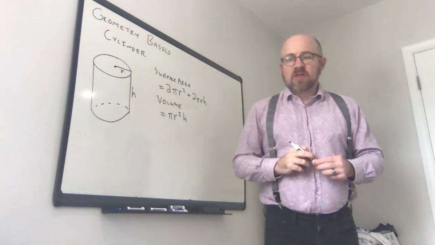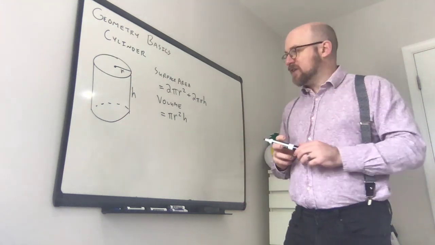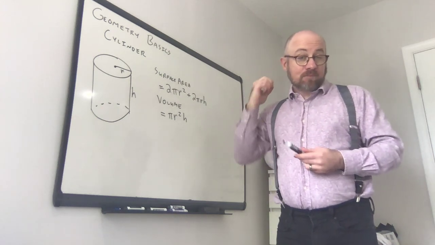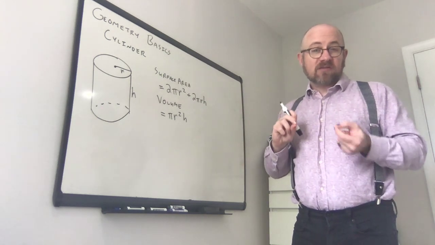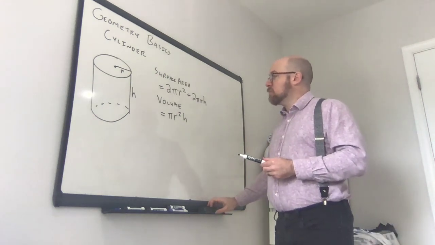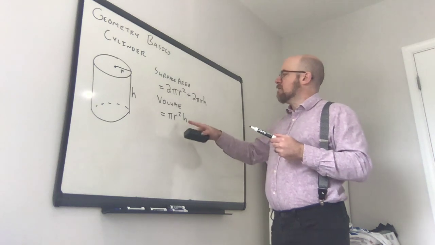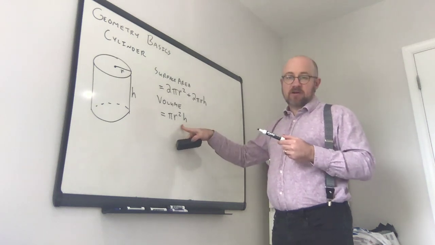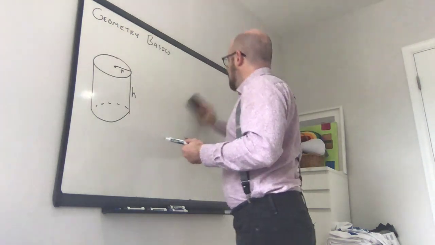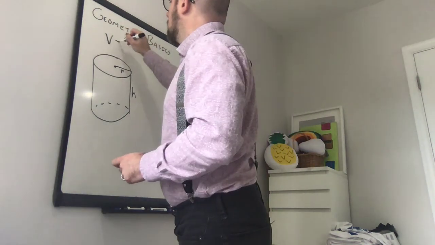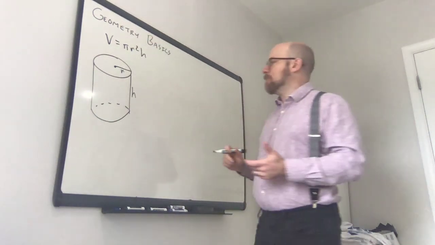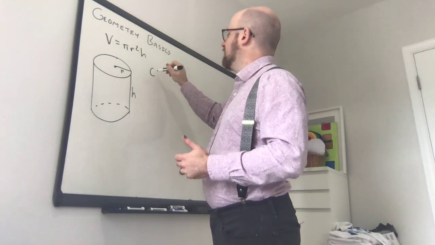Okay? So let me just walk you through one more thing before I finish this lecture, and that's actually using these formulas and making sure of one thing that's super important. I just want to make a point with this. So I'm going to use this volume formula for a cylinder, and I want to work through a problem with it. Okay? So I'm going to leave this up here, volume equals pi r squared h, just because I want to make an example. So say you have a cylinder